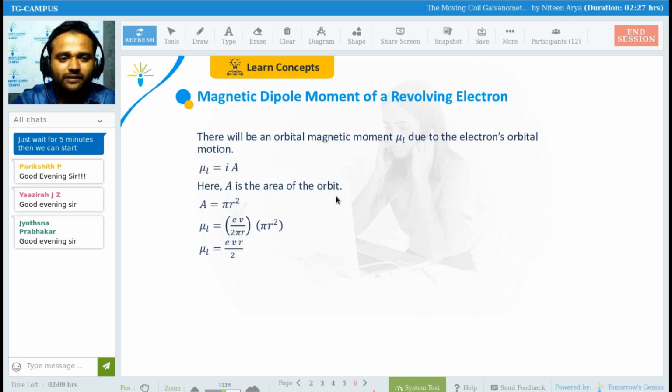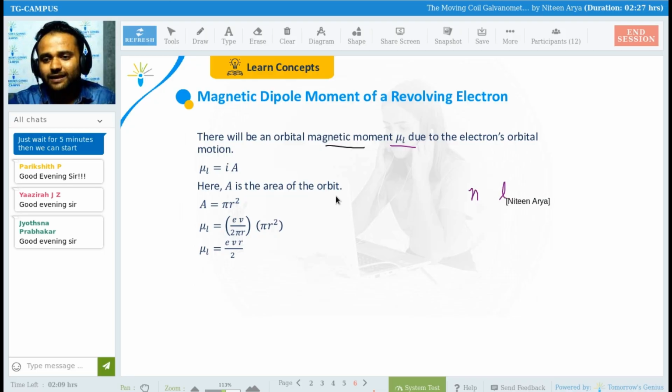So that is your current, and simply then there will be an orbital magnetic moment. We already talked a lot about this orbital magnetic moment, mu L. L is specifically due to, okay, I will give you a hint. There are quantum numbers n, l, m, and s. In general, n is the principal quantum number, l is orbital, m is magnetic, and s is spin. We will talk about it in great detail when we discuss atomic physics, or maybe you hear these terminologies in